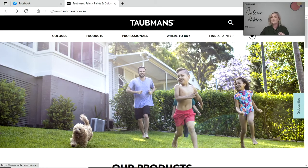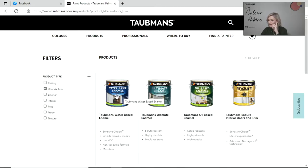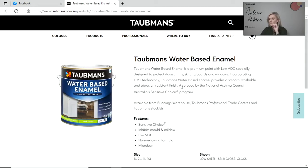If you go to www.taubmans.com.au, it'll bring you up to the homepage like this. If you hit products and go down to doors and trims paint, this is the product that I mentioned, Taubmans water-based enamel. What I love about this is it's non-yellowing, obviously being water-based. It self-levels beautifully. It's very low odour, and it's been endorsed by Sensitive Choice, so for anybody that suffers from asthma or allergies. It contains Microban, so you've got your mould inhibitors within this paint. But it also contains LTA, which is lipophobic technology,